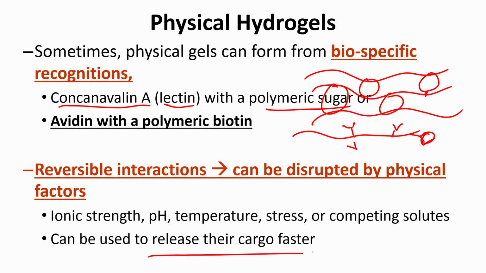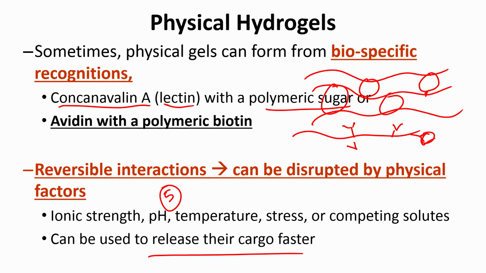So let us say I want a system that only releases things at a pH of, let us say, 5, and I know that the two polymers that I am using to form these hydrogels stop interacting with each other at a pH of 5. So at a pH of 7 they are interacting well and it will remain as a structural particle or a structural gel, but once, let us say, a cell takes it up and brings the environment locally down to a pH of 5, then they will just break apart and release whatever was